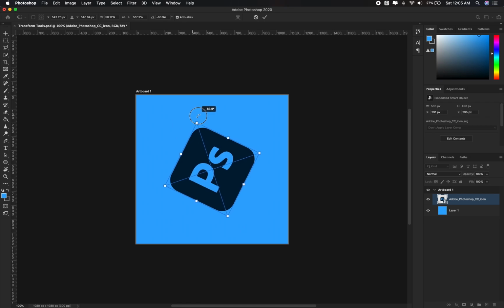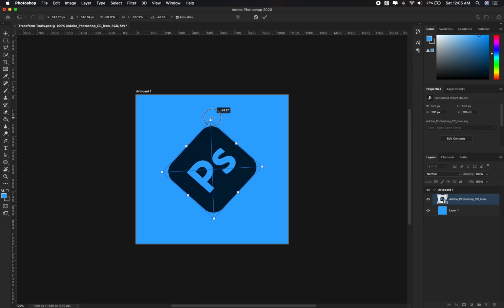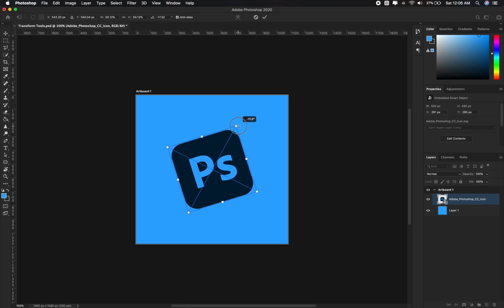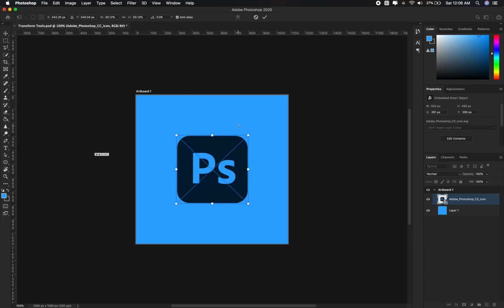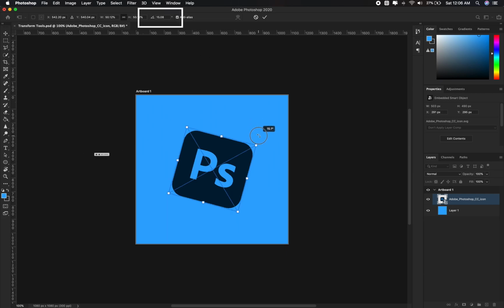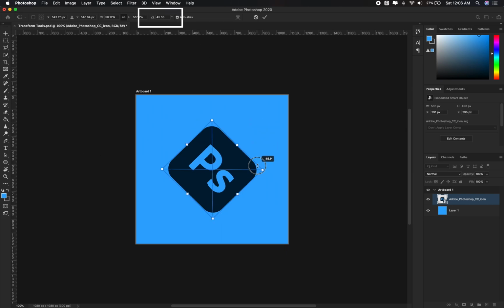But suppose you want to rotate the image to certain fixed angles like 15 degrees, 30 degrees, 60, 90, etc., then I'll show you how to do it. Just press Shift on your keyboard, and then you can try to make a rotation. Now it's at 0 degrees. If I move towards the right, you can see now I'm at 15 degrees, then 30 degrees, 45 degrees,